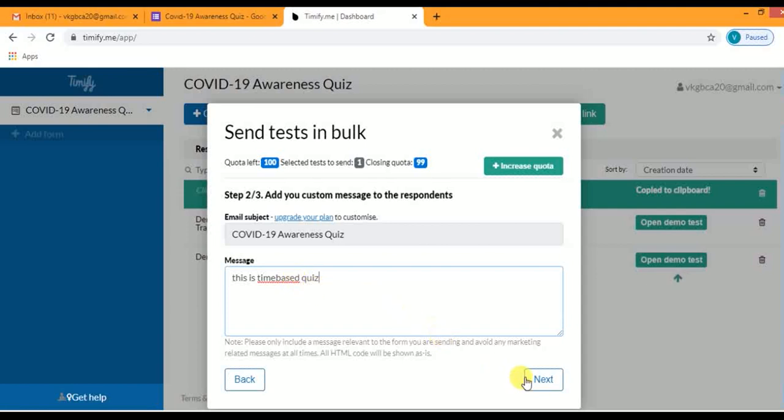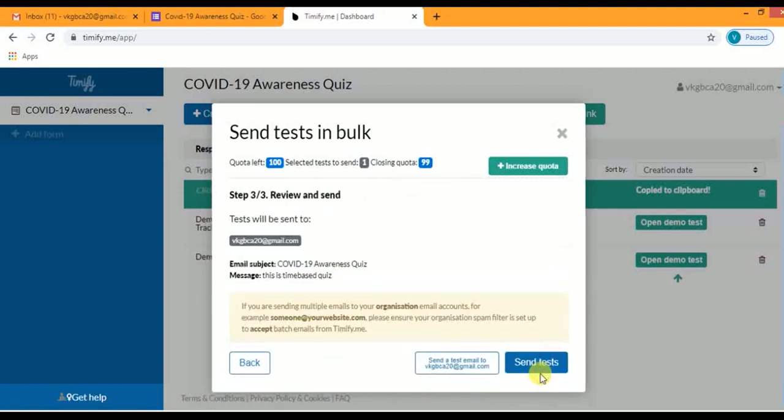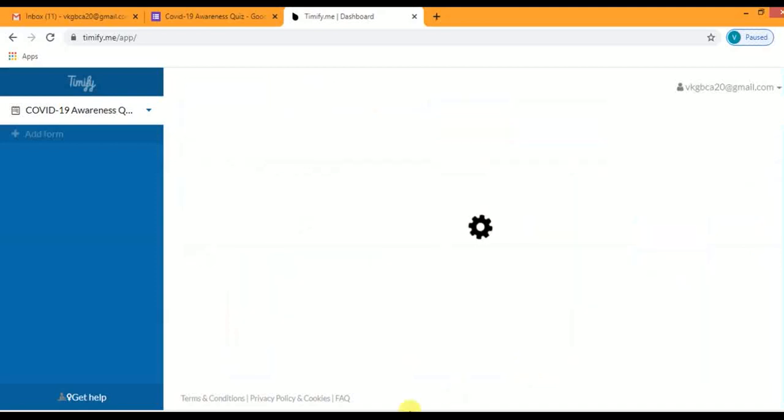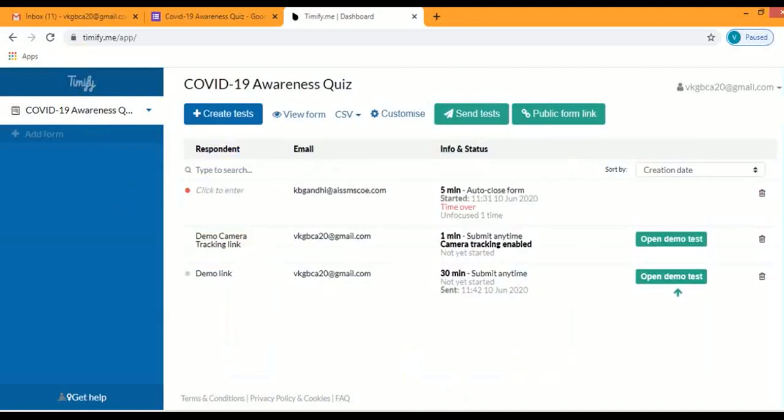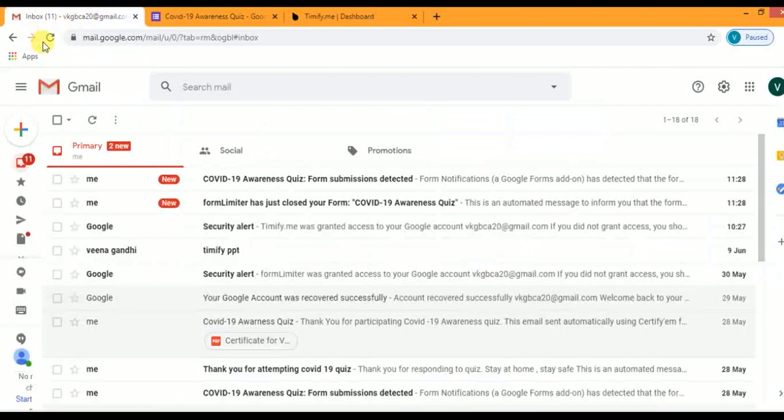Then after that you click on Next. Then it will send the test only to vkgbca20@gmail.com. Then click on Send Test. After that you can check the Gmail account.